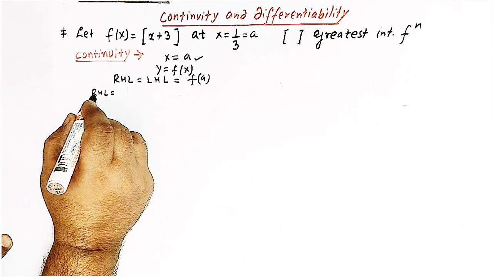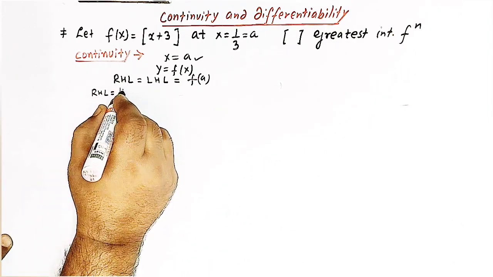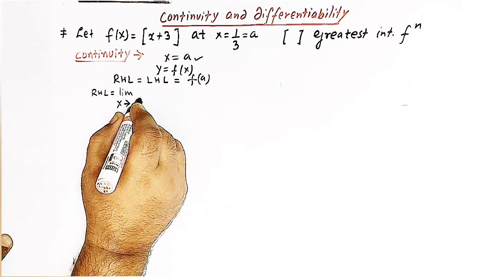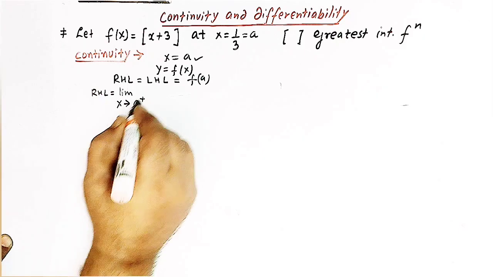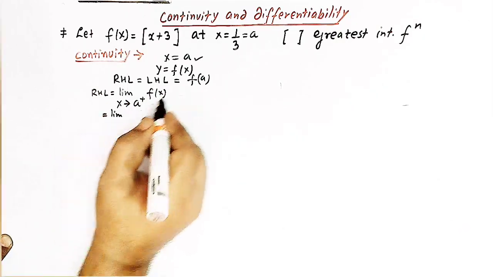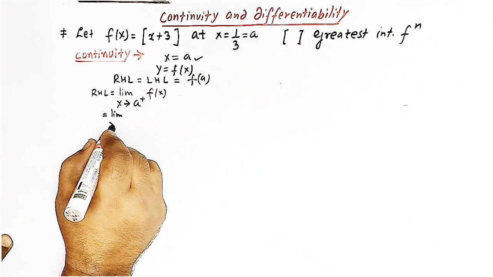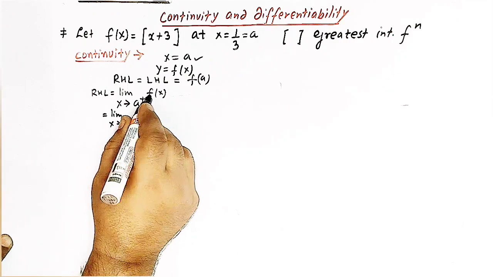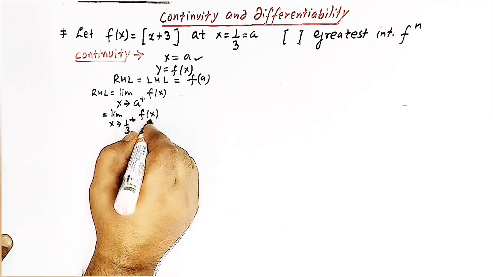So the notation for the right hand limit is given by limit x tends to, here we'll write a, and here we'll write a positive sign, and here we have f of x. So a is 1 over 3, so we have x tends to 1 over 3 positive, and here we have f of x,